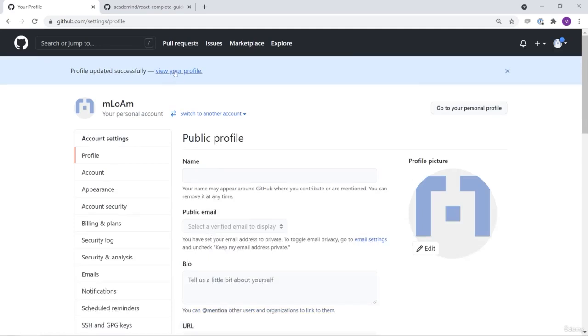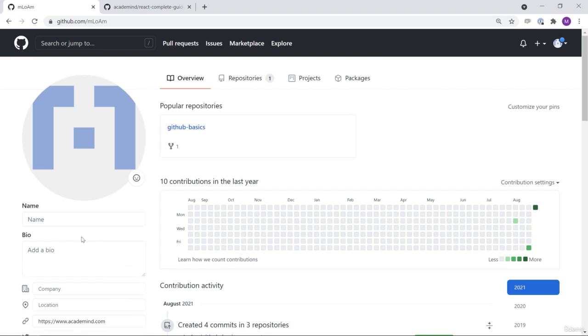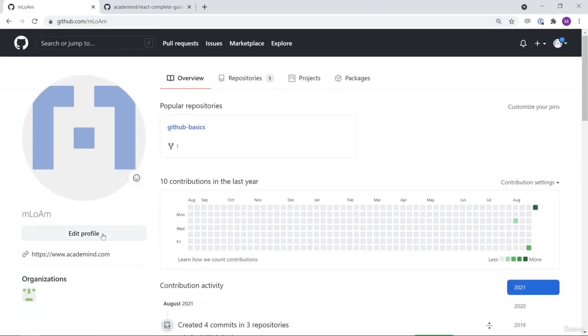So this update was successful. As you see, not a lot changed. Now we have our website displayed right here. You can also edit your profile by clicking onto this edit profile button, by the way. But as I said, these are all things you can explore on your own. It's pretty straightforward actually. There is just one thing I wanted to show you, and that's again related to the